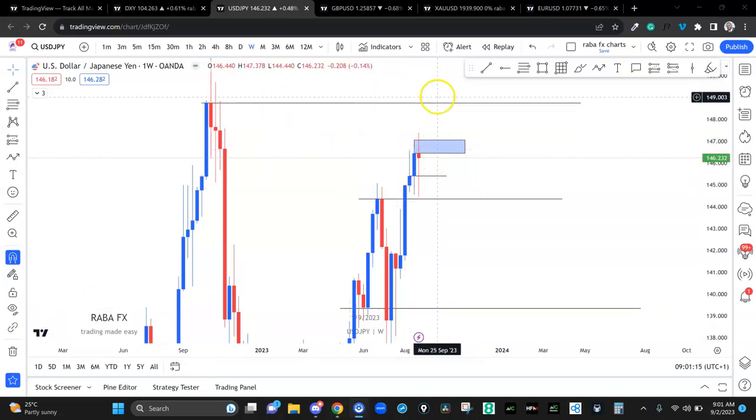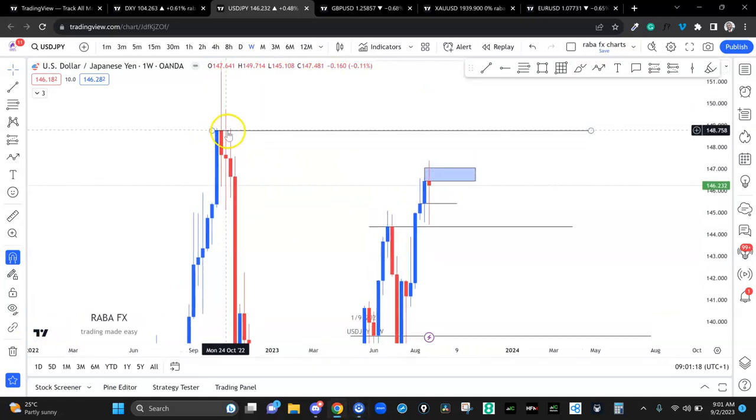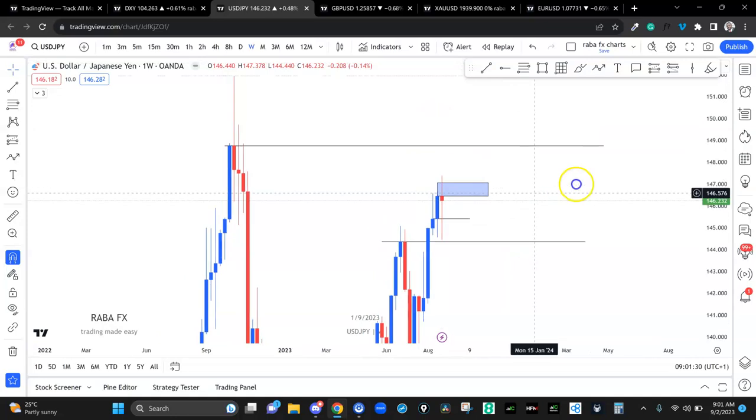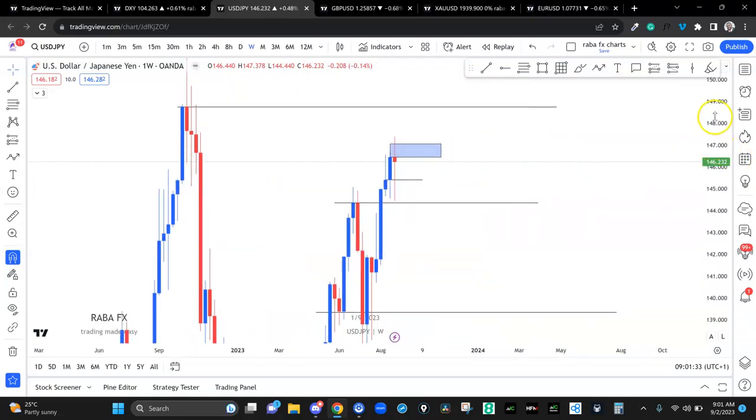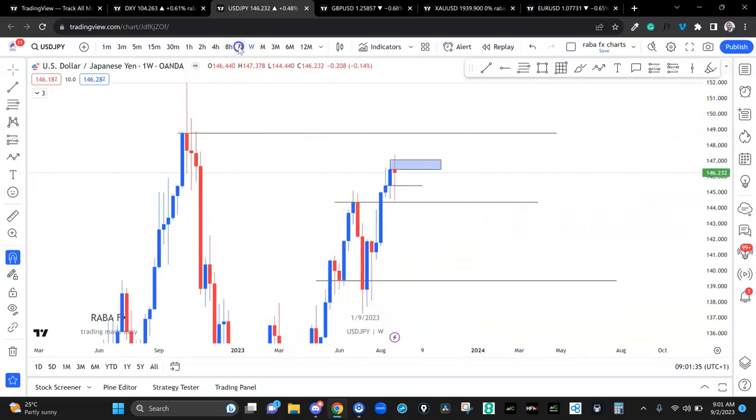So our goal is to go to this monthly level, but that monthly level on the weekly is a very weak level because price has tested it so many times. So this resistance is not that strong. Okay, but watch out, we might create a fresh level and then we trade off that. Okay, so we are bullish on this. On the daily,